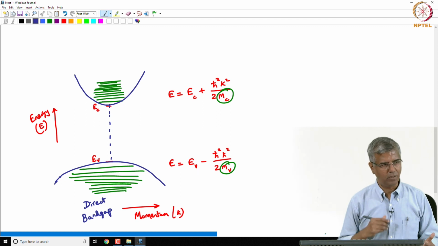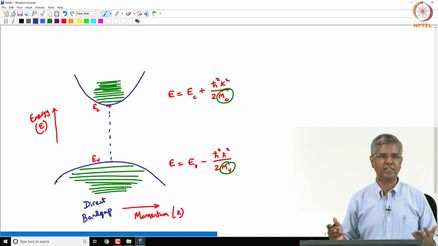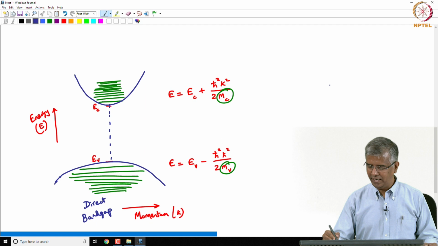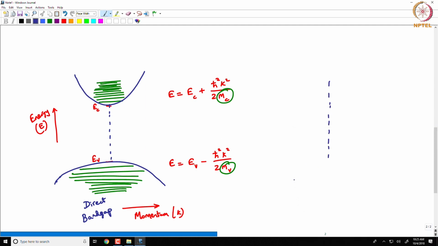So, if there is something called direct band gap, you realize that there's got to be something else called indirect band gap, and clearly with indirect band gap what you can say is your